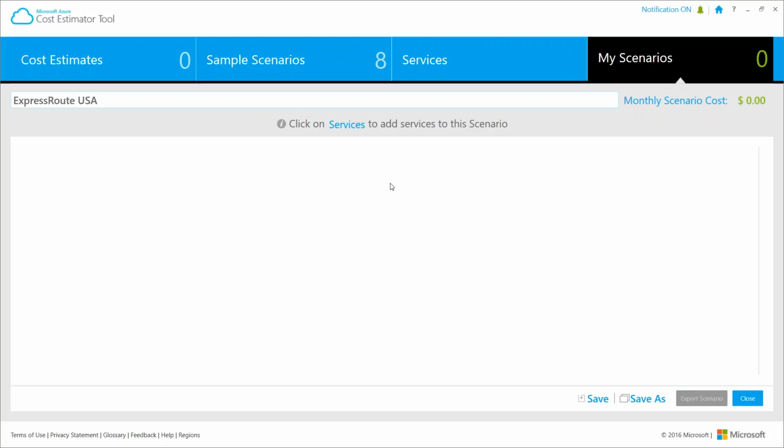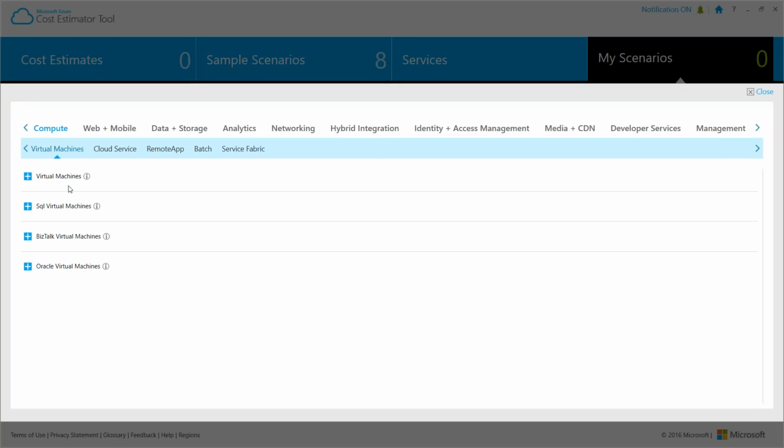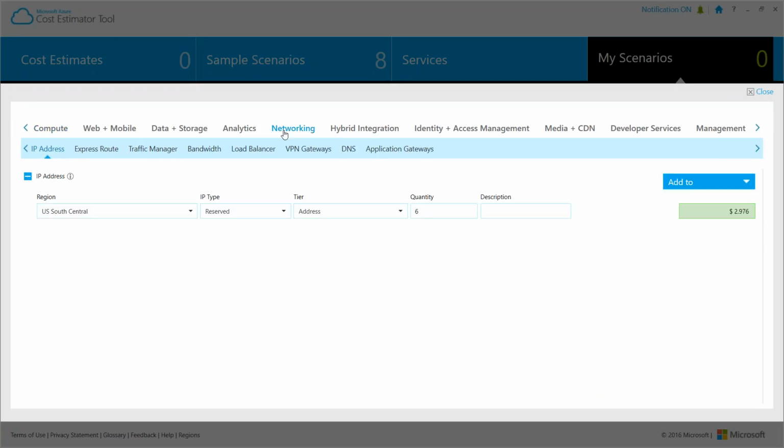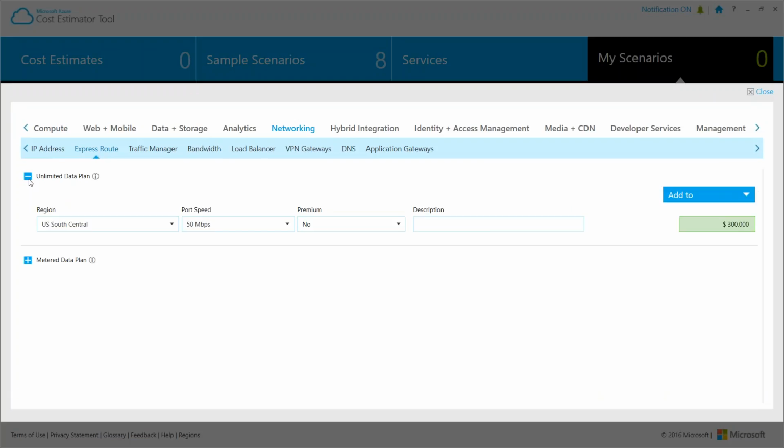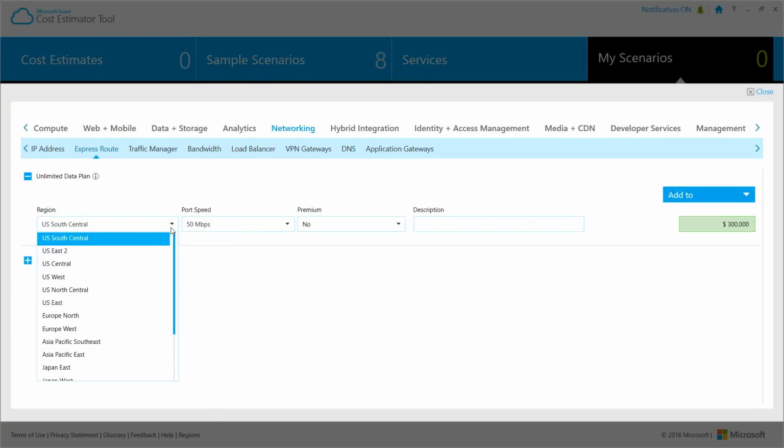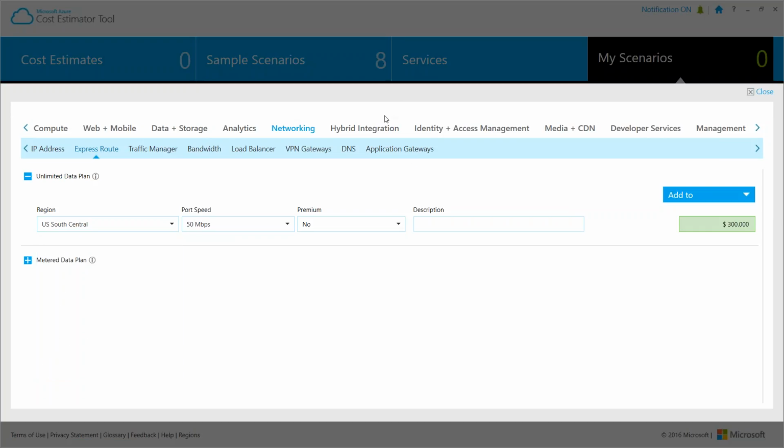Let me add the services to this: Networking, Express Route, unlimited. We're going to choose a data center. Actually, one of the things I forgot to show is where you set the currency, because that's important.